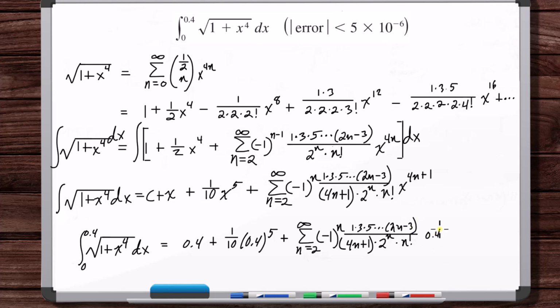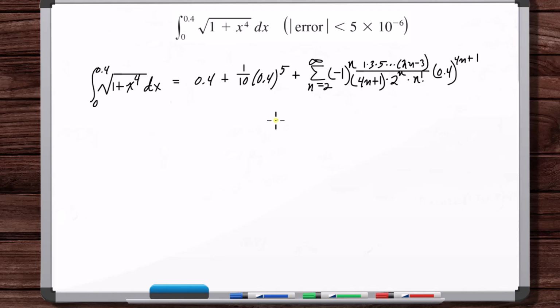Okay, 0.4. There we go. Okay, now, so this is an alternating series. This is always going to be positive. But to use the alternating series remainder estimate, we need to verify that this is applicable for the alternating series